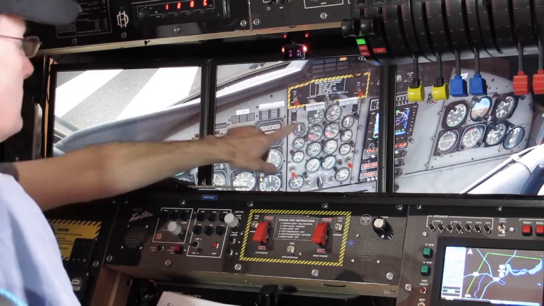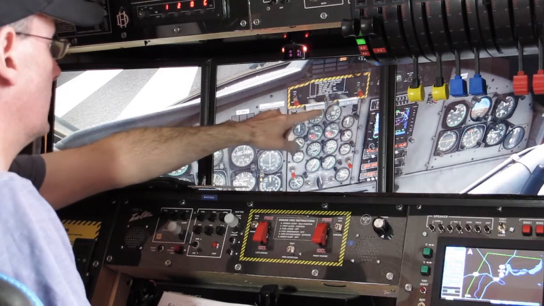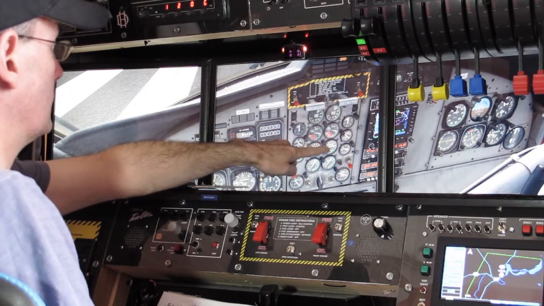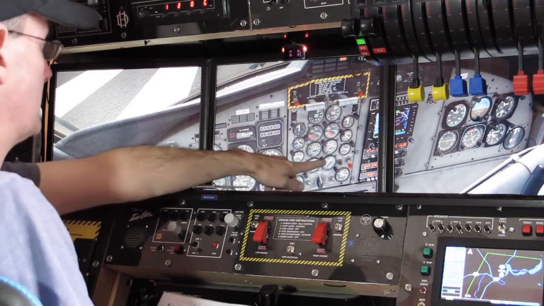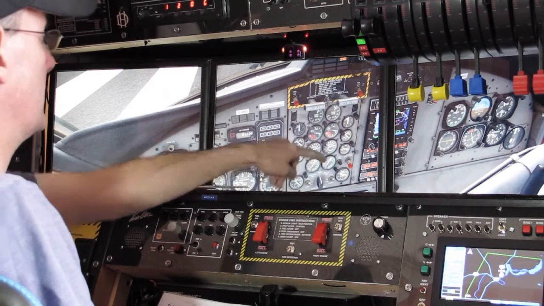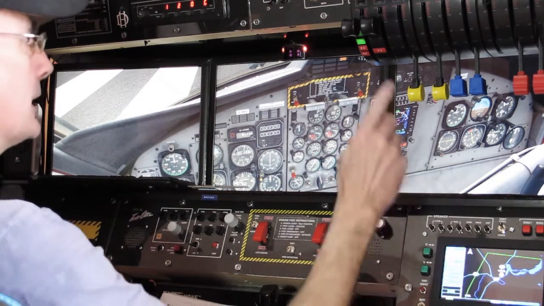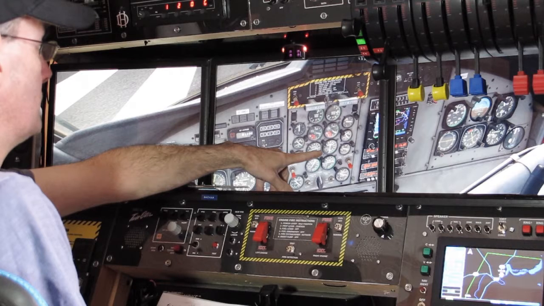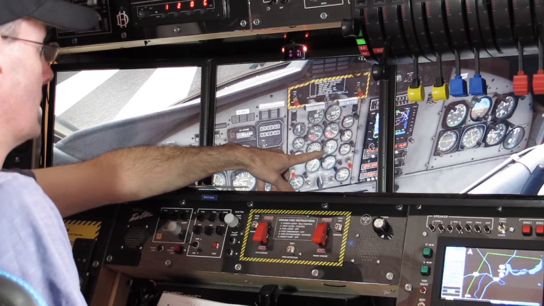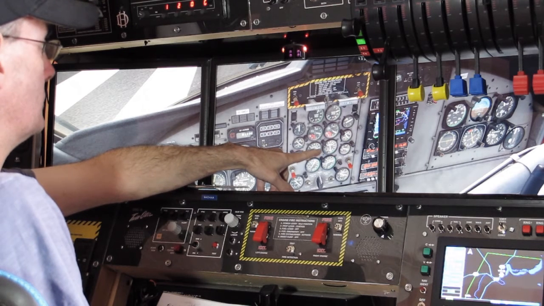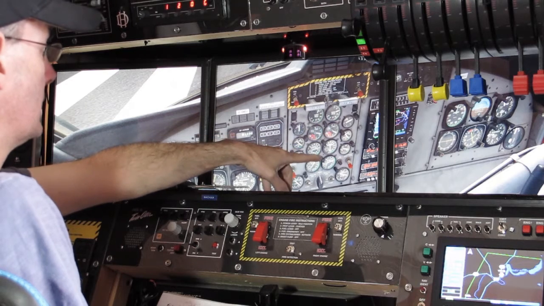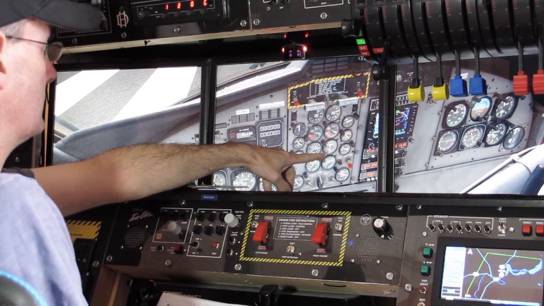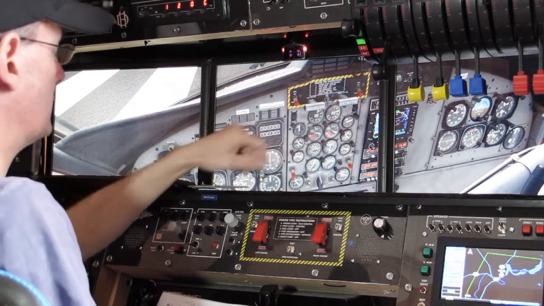So if we go with the right engine first, you want to look at the torque gauge here, the prop RPM gauge here. This is gas generator RPM down here as well, but we're not too interested in that for now. If I just spool that engine up a little way, you can see the torque gauge rising. You can see the prop RPM is rising. This is a percentage of maximum. So we've gone to 20 psi on the torque, and we're on pretty much 100% RPM